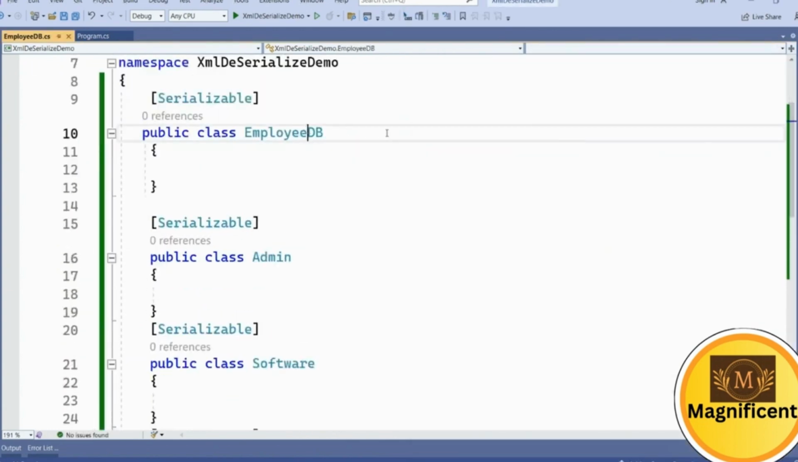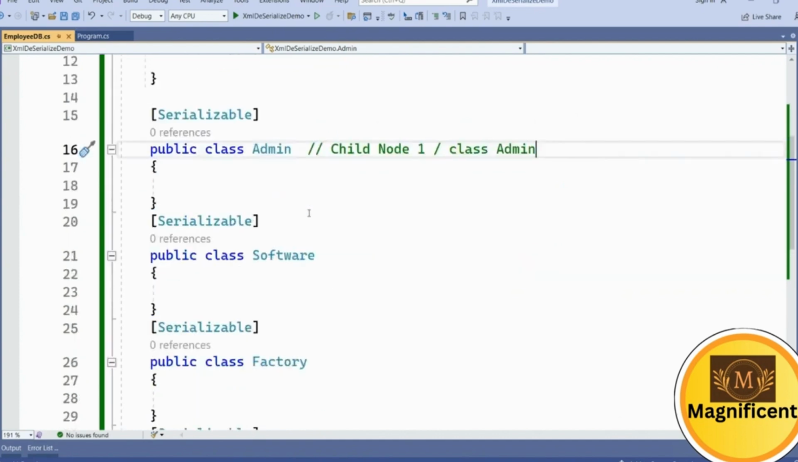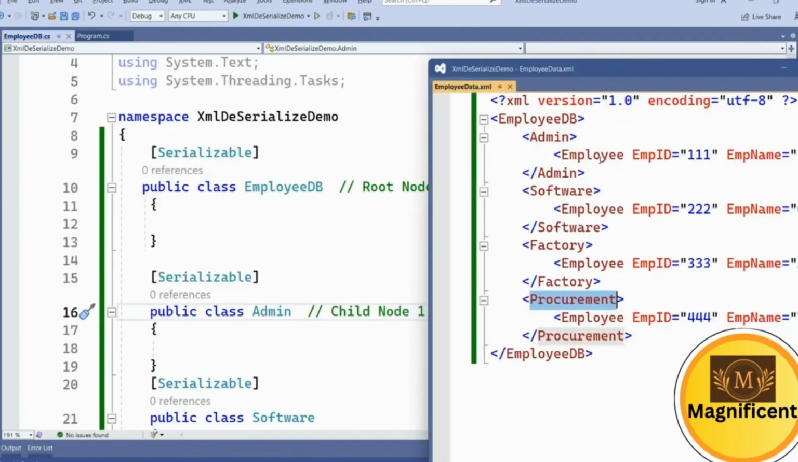So our root node, this is for the root class, I can say. Now this root node becomes a class here. And this is child node 1. Okay, and this class got created here as admin. For each node we created one class, and for each class we can see there is one child node